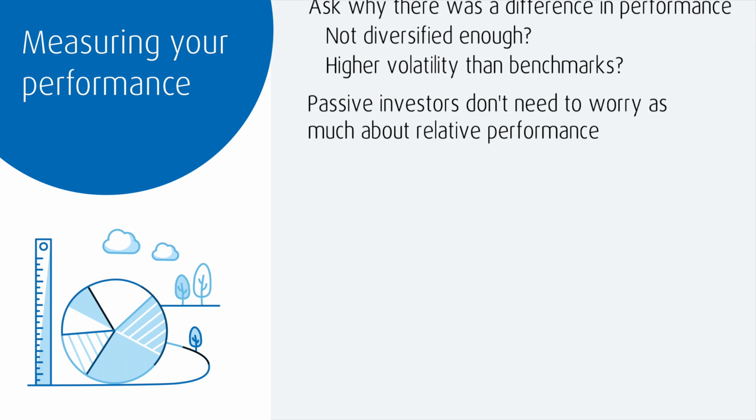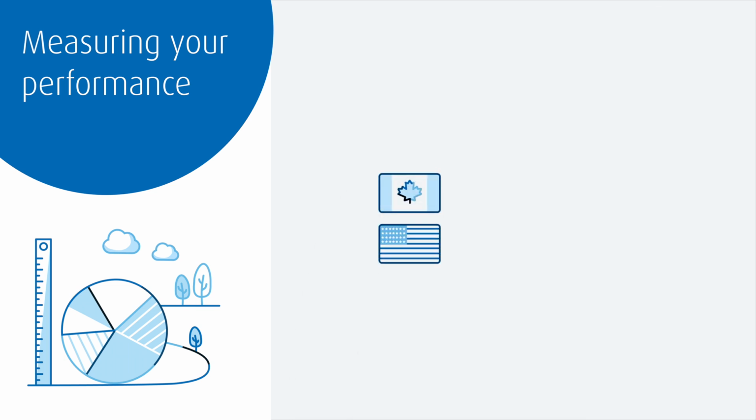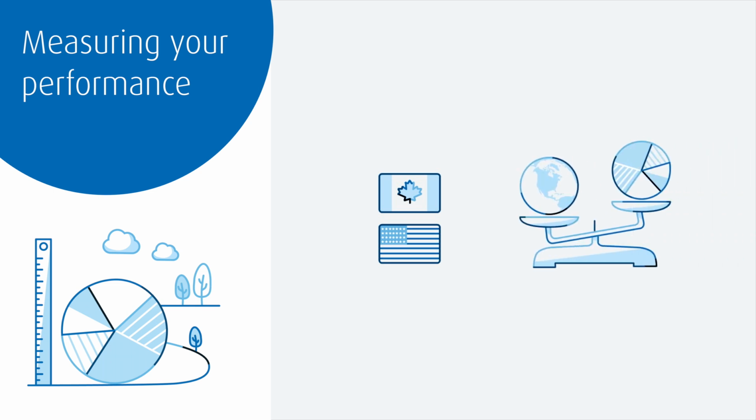Finally, if you are only exposed to Canadian or US stocks, comparing your portfolio's performance to a globally diversified benchmark can help show you the benefits of global diversification over the long run. While Canadian or US markets can be one year's best performer, they can also be another year's worst performer. Would you be better off with less concentration in your portfolio?